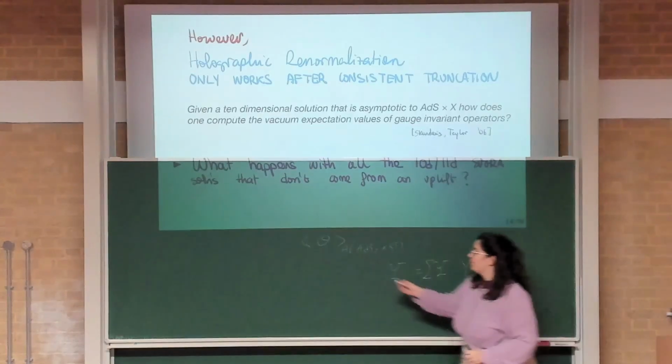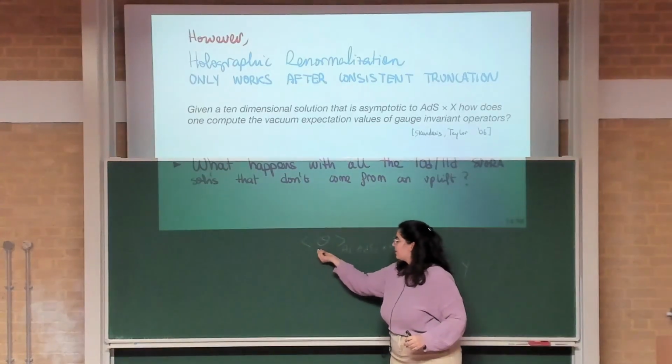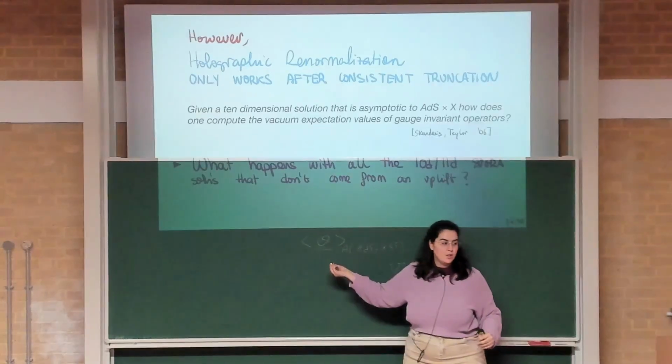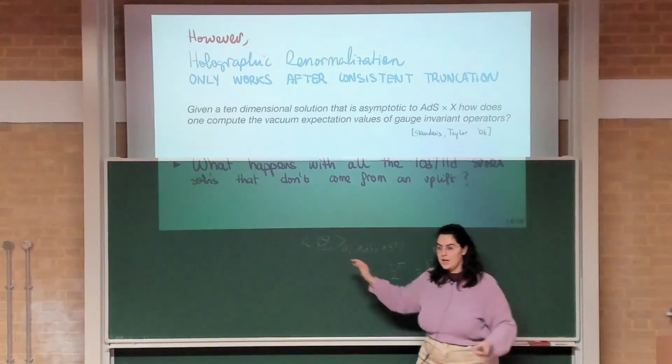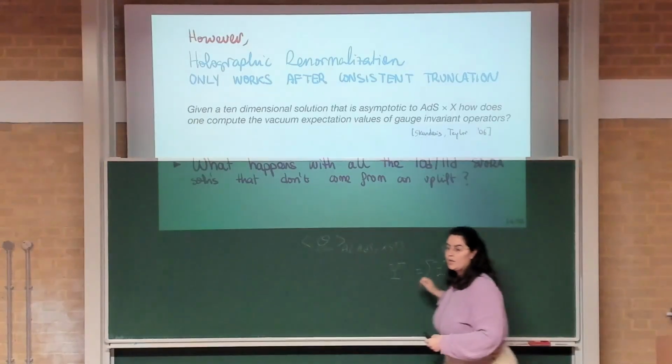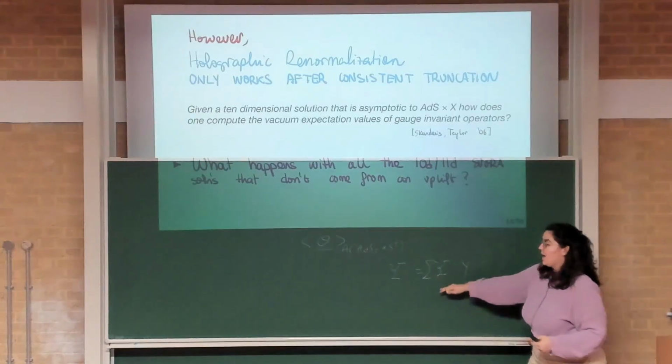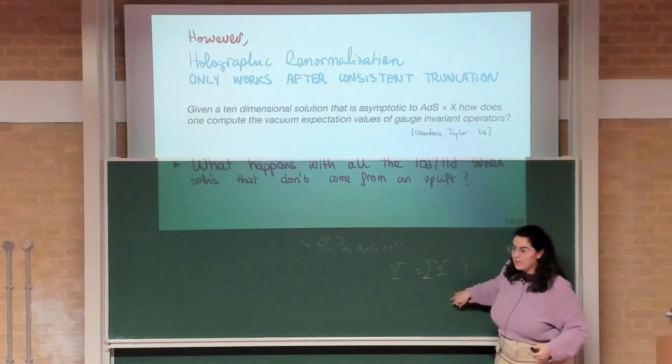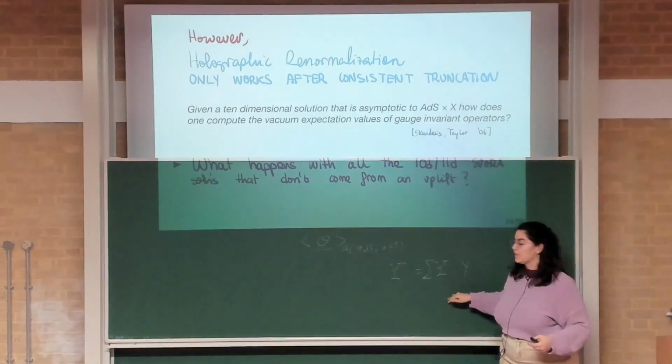And you will see that for computing a specific correlation function of an operator that is of order, let's say, 2, you are only going to need to keep up to 2 operators in the 5D on-shell action, because this correlation function is computed as